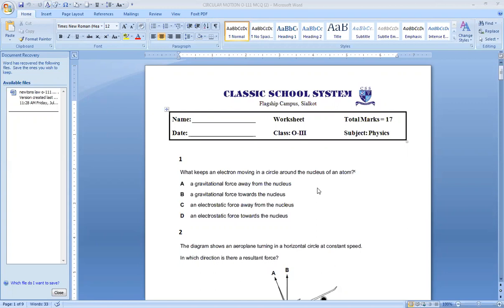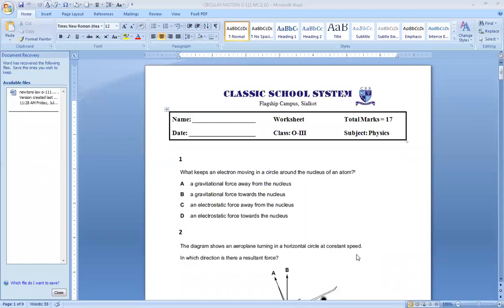And the speed of the object moving along the circular path is constant, because speed is a scalar quantity, it doesn't need direction. But its velocity is a vector quantity, needs direction. So at any point, the direction of the velocity is along the straight line which is along the tangent to the circle. You know, tangent means a line which touches the circle at that particular point.